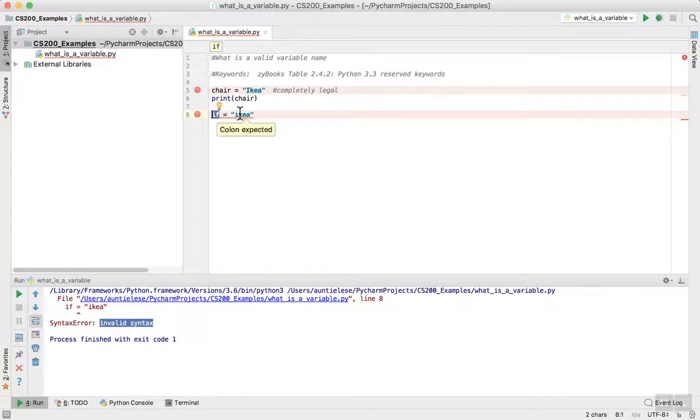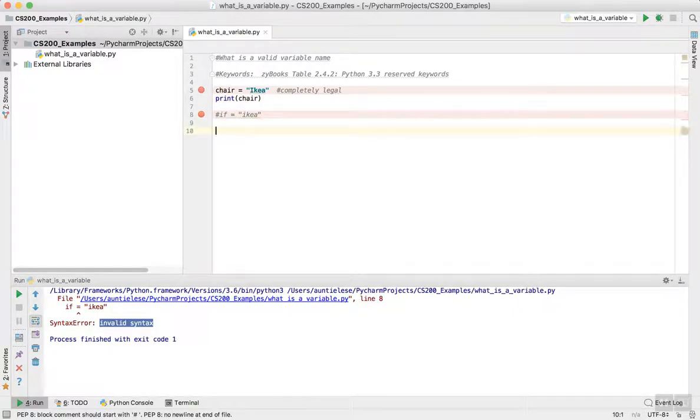So let's look at another example. First, I'm going to comment this out because I don't want it to mess up anything afterwards. And now I'm going to do another keyword. I'm going to use the keyword while. Looks perfectly normal, looks perfectly natural.